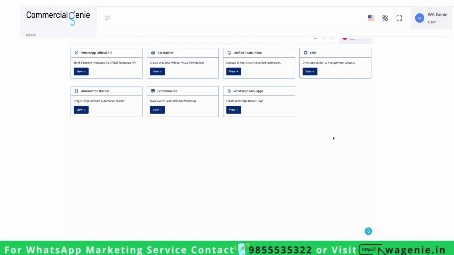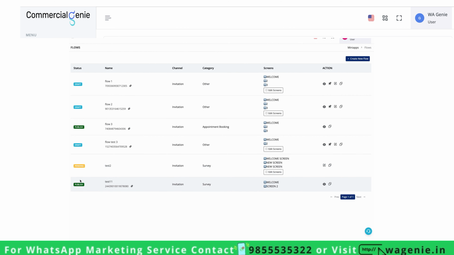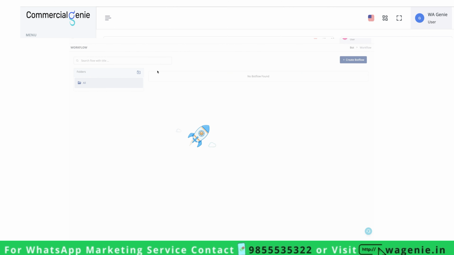See how you can send a mini app or a WhatsApp native flow using the bot builder, and collect and store responses in the CRM, as well as segregate the fields of the flow to CRM fields. You need to ensure that your flow is published or in draft stage. After this, in the bot builder,